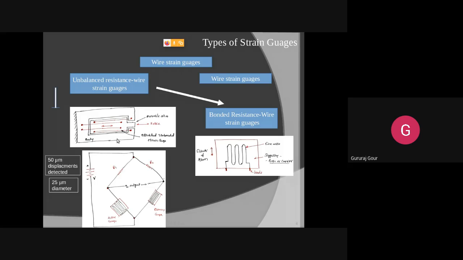And this now will be connected as one of the active arms of the bridge circuitry. You can see here, that is known as the active gauge. And we have another one, a dummy gauge, that we are using as a reference. This one. So reference means we are using this because whenever we get an unbalanced condition in the bridge, because